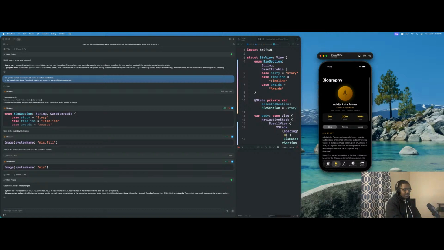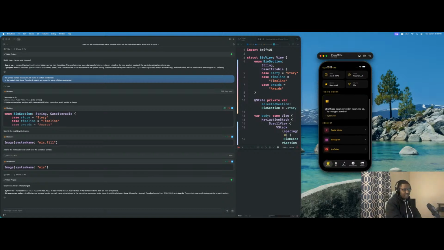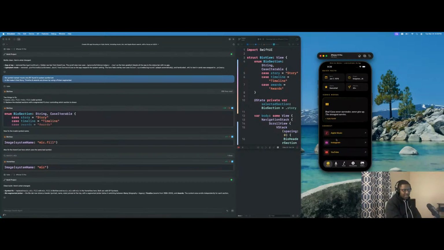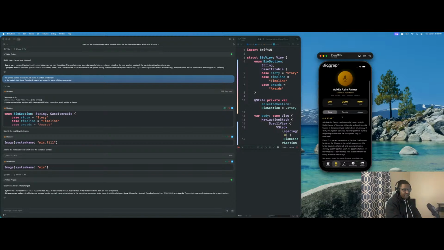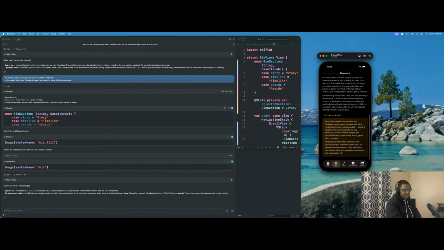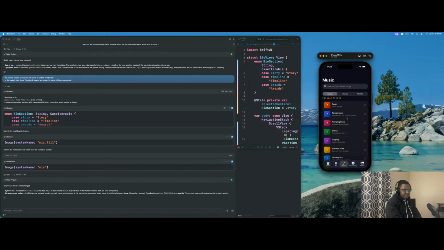All right, so this looks okay. So home looks okay. Well, we'll revisit this though, because I don't like the part here. And bio looks okay. And now let's look at music. Music, I am not a fan. It's basically trying to do the music, but it's like,